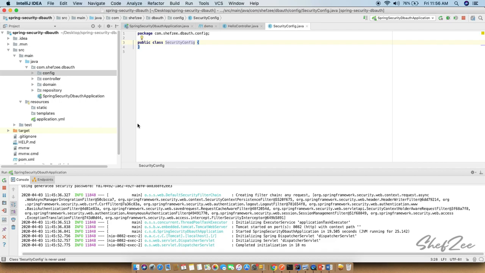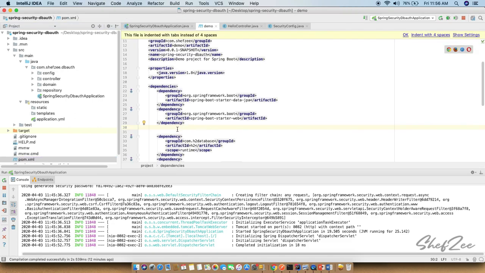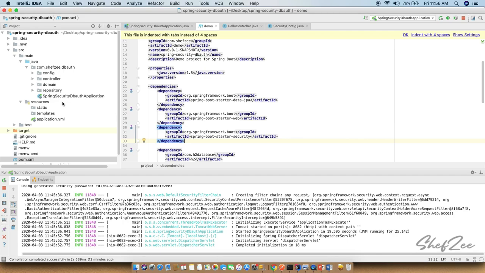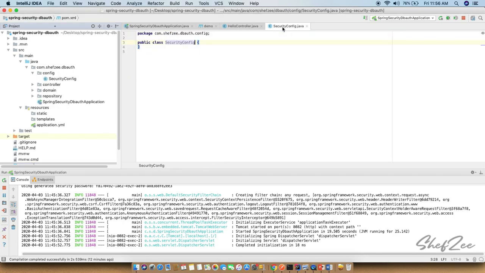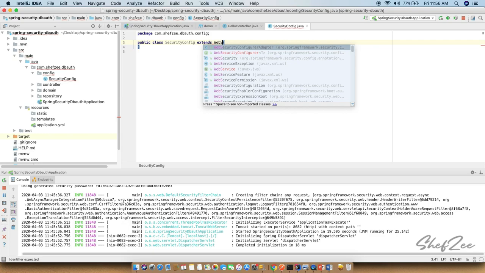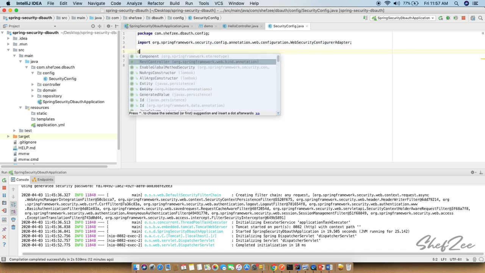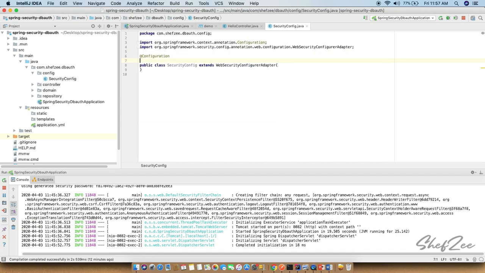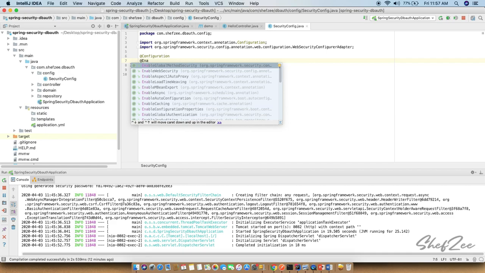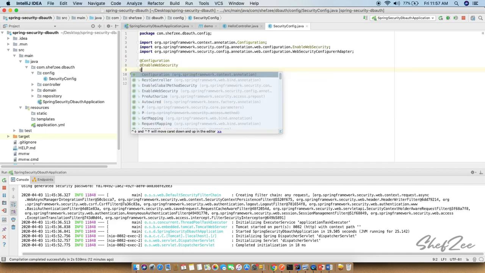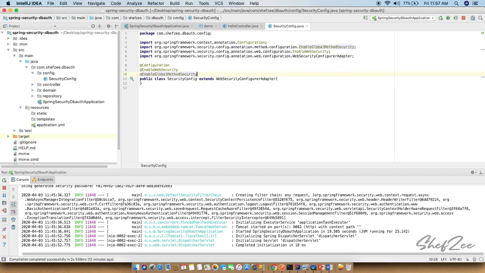Right, so let's go and create the configuration class. Okay, before that we need to configure the Spring Security dependency. So let's go to the POM file and configure that. I'm going to copy paste that. Alright, so now let's go back to the config class, and this should extend WebSecurityConfigurerAdapter. Now let me annotate this with @Configuration, @EnableWebSecurity, @EnableGlobalMethodSecurity